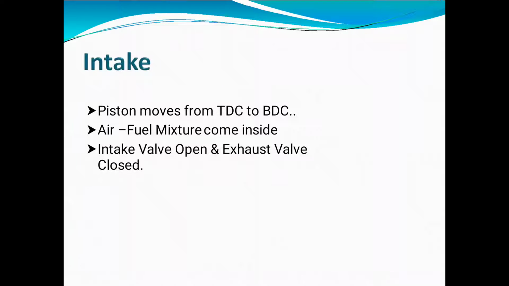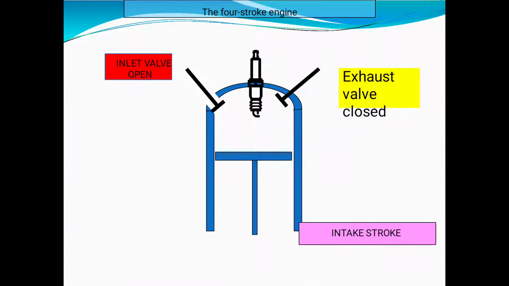We will see how this procedure works, as well as how the intake hole and exhaust hole are opened and closed, diagrammatically. So see here, this red line indicates the inlet hole is open, this yellow indicates the exhaust hole is closed. This is the total diagrammatical representation of the intake stroke. This one is the piston, this one is the intake hole, this one is the exhaust hole.